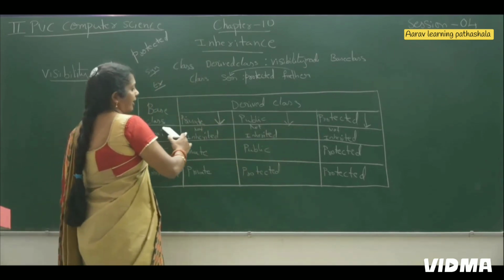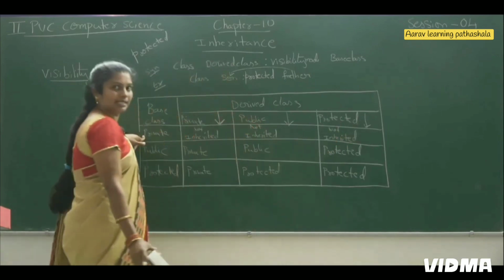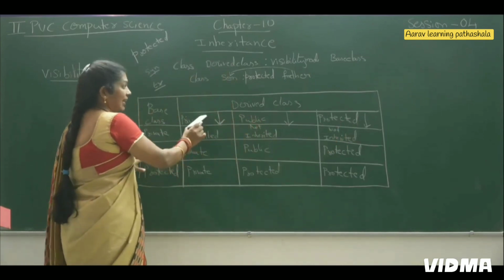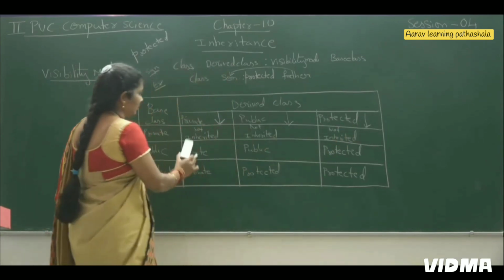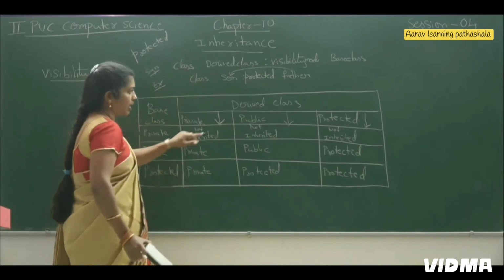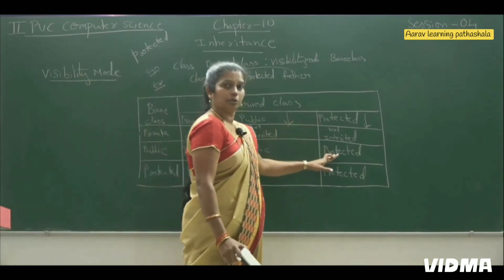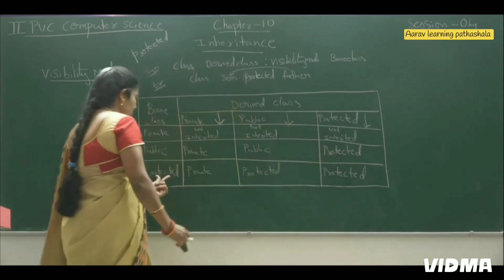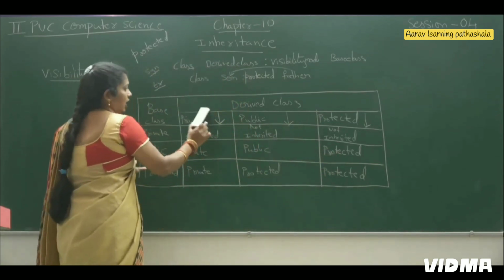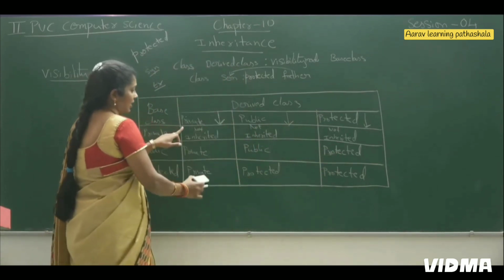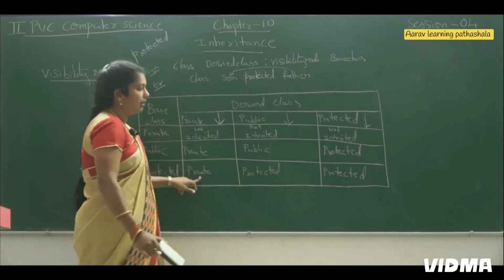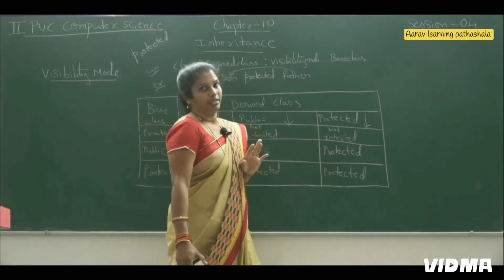In the private case, it cannot be inherited in any case. In public, whatever heading you have in the derived class, write the same thing. Here we have private, here also write private. Here we have public, here also write public. Here it is protected, write protected here also. But when you come to the protected case, only where you have the heading private in the derived class, there write